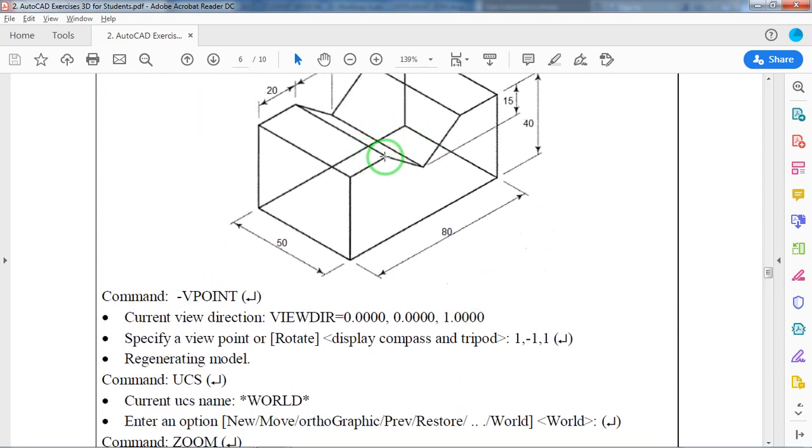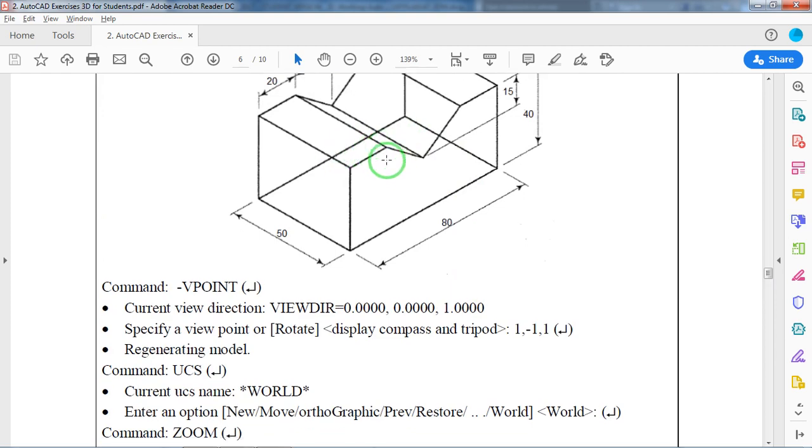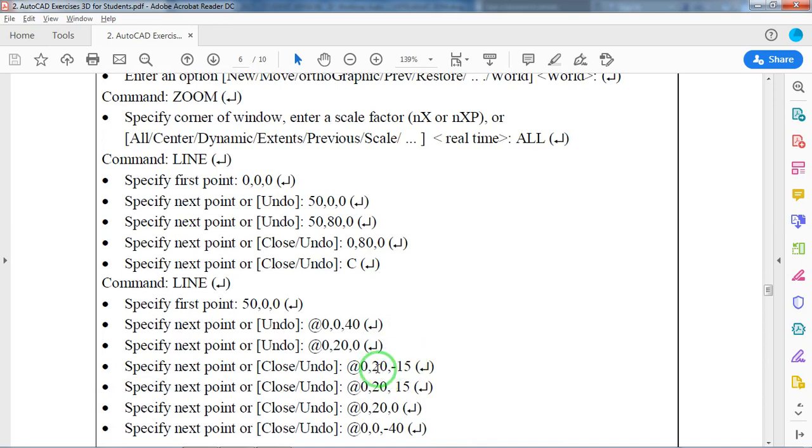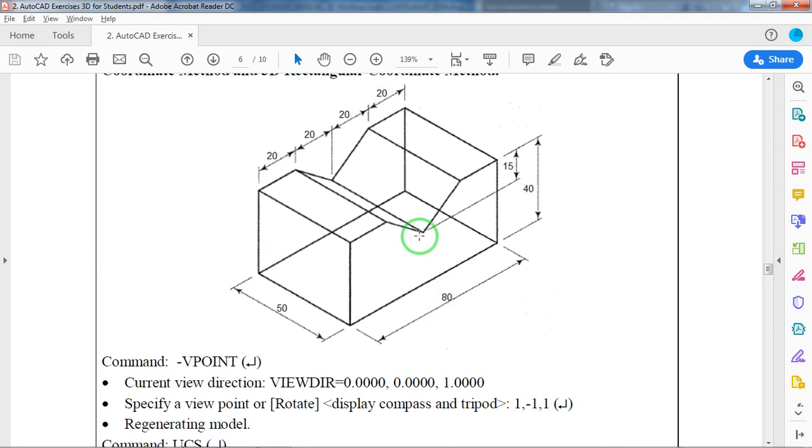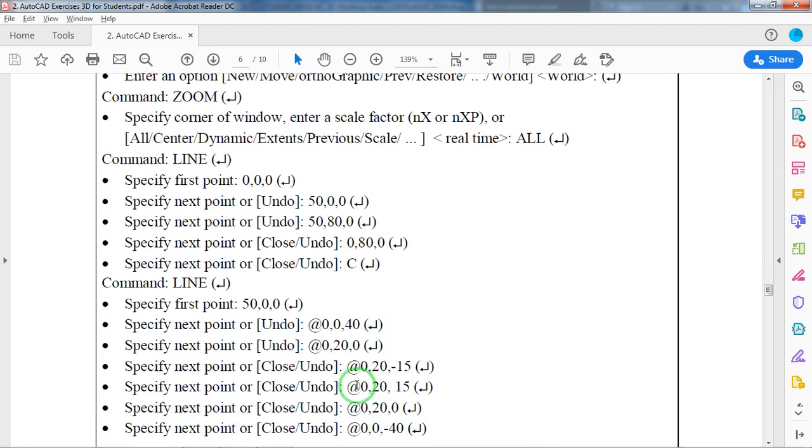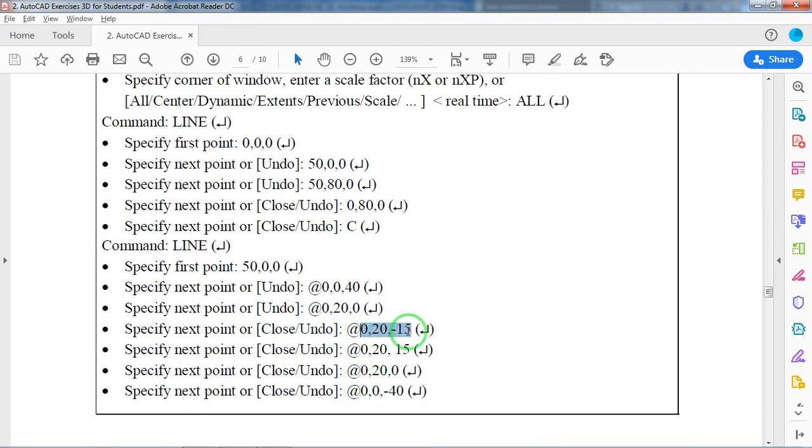From this point, x 0, y-axis 20, right? Minus 15 means towards z, an inclined line. Y direction, moving towards the front, y 20, z towards downside, minus 15. So that's why we are at this particular point, at the rate 0, 20, minus 15.